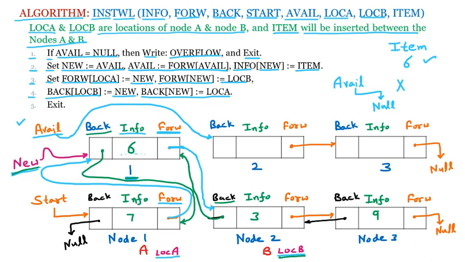So what is the procedure? Procedure is that first of all, from the avail list we are taking one node and giving it as new. Afterward we are going to attach the forward pointers and the backward pointers with the loc A and loc B. Then this node is successfully attached. Now if I have to traverse this list, then we can see how the output will come. So if I am traversing this now, we are starting with the start. We can see that the start is first of all going to node 7. So we have displayed that this is the node 7.